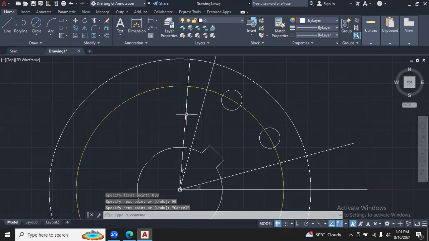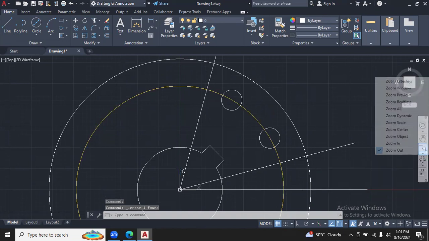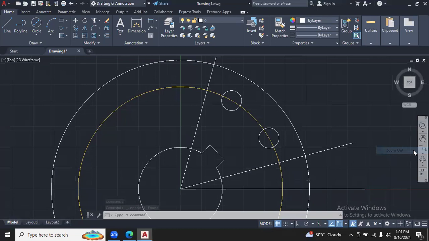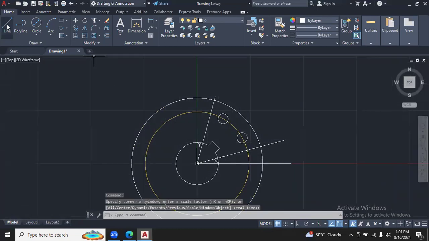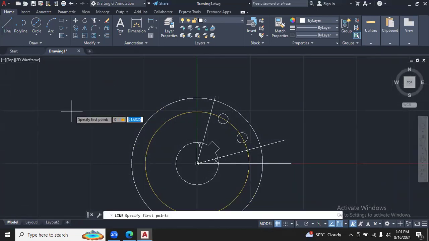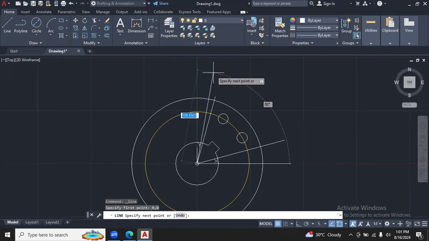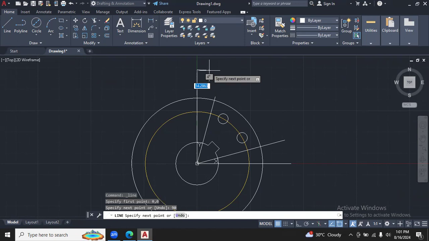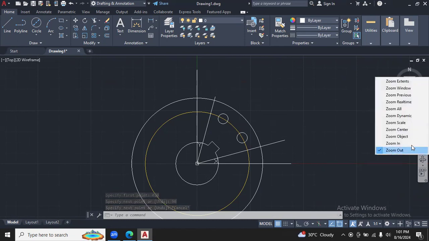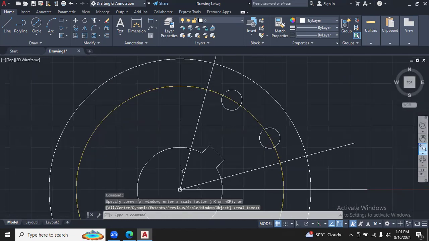By mistake, I have typed 90 degree on the distance measurement. Line 0 tab 0, tab 90 and done. All right. So why have I done that? Because,